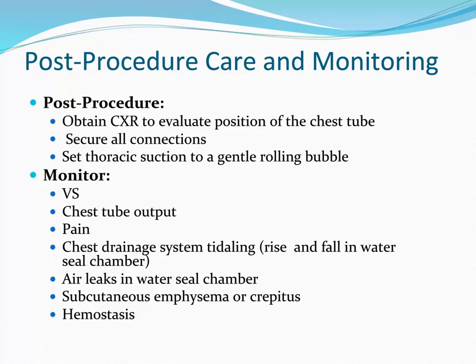Observe for crepitus. This is air trapping in subcutaneous tissue and is most often the result of poor chest tube placement or diseased, poorly healing tissue. Air escapes around the chest tube and rises up to the subcutaneous tissue. Positive pressure ventilation can accelerate this problem. Observe for hemostasis or clotting in the chest tube. This may present as a sudden or slow reduction of chest tube output and/or redevelopment of the pathological condition, pneumothorax,